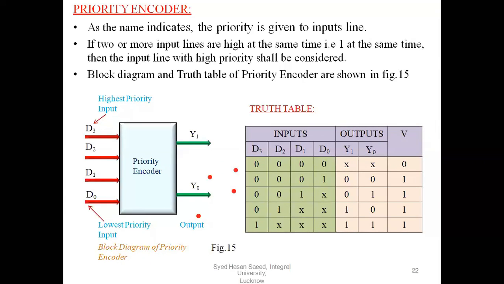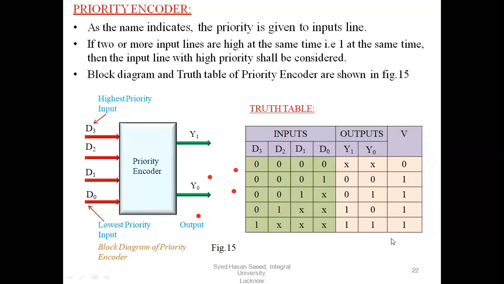In addition to the 2 outputs X and Y, the circuit has a third output designated. So the circuit should have another output, which will be represented as V. V is nothing but the valid bit indicator. So here the valid bit indicator is 1, that is, valid bit is 1.